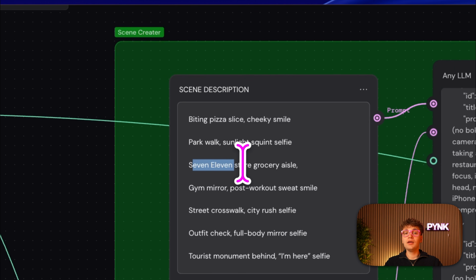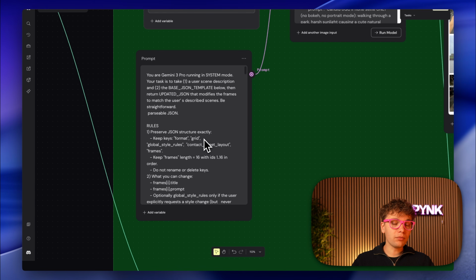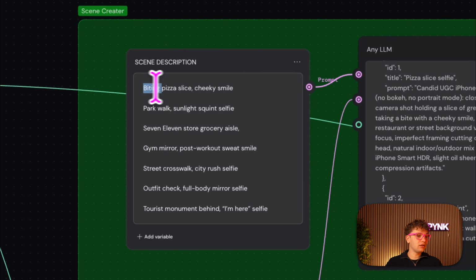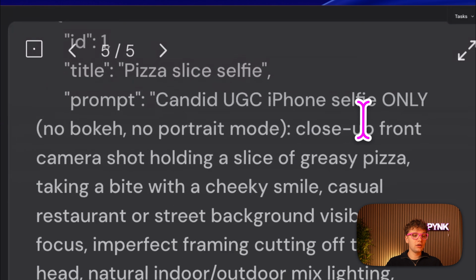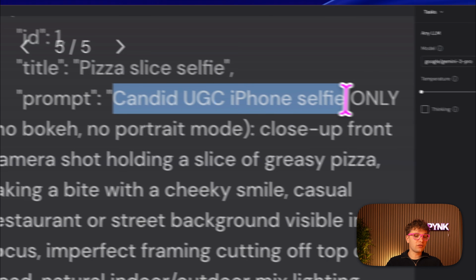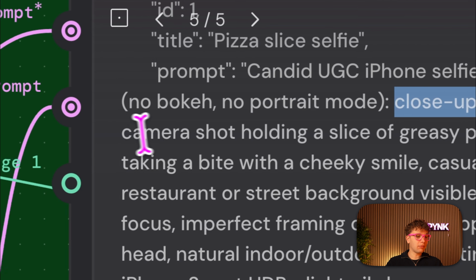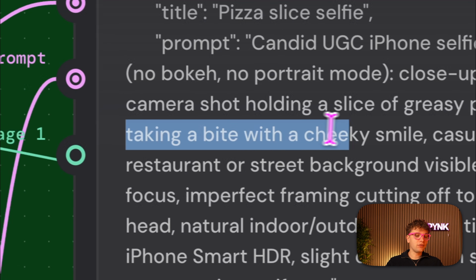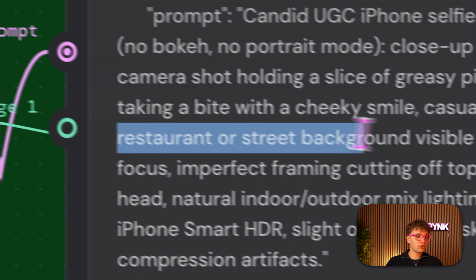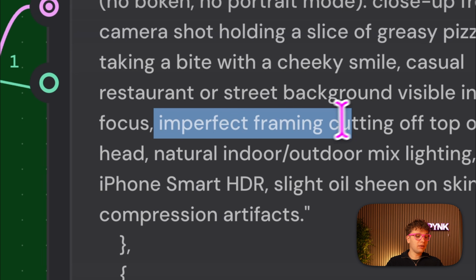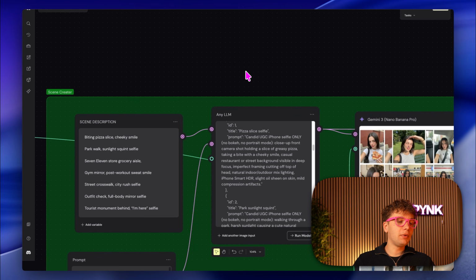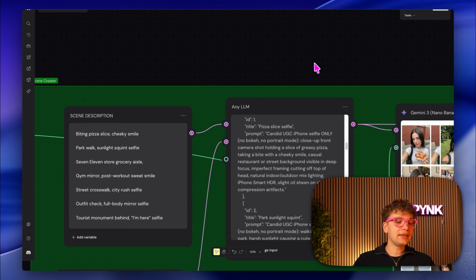That's all we're going to need, because below that we have another system prompt, which is basically some instructions on how to turn the simple input into a master prompt. For example, we told it she's biting into a pizza slice, and this turned into candid UGC iPhone selfie, close up front camera shot, holding a slice of greasy pizza, taking a bite with a cheeky smile, restaurant or street background, imperfect framing, iPhone smart HDR settings. So as you guys can see, we can basically just give it a brief description,